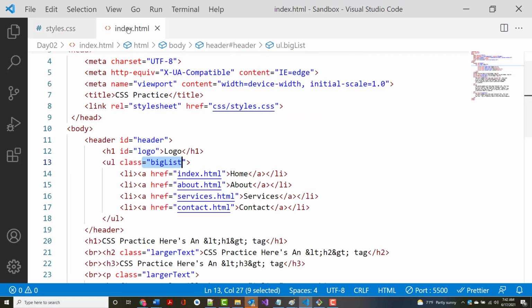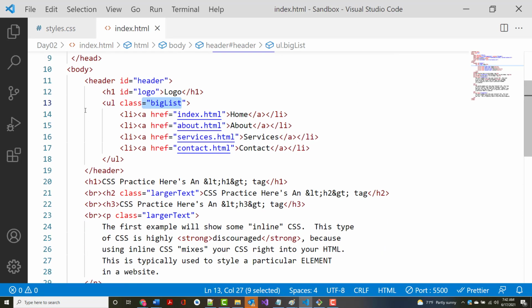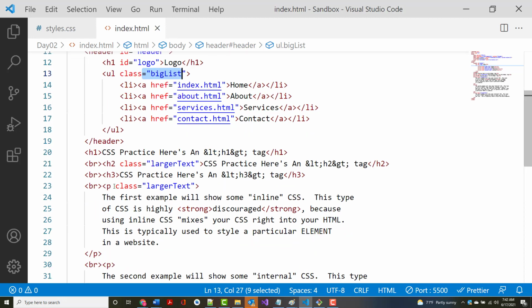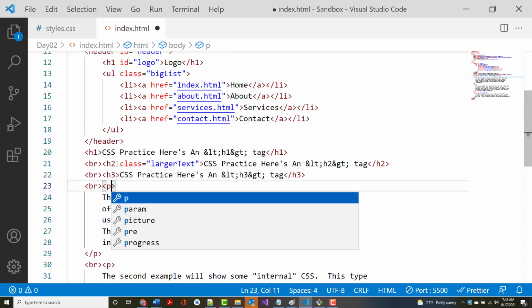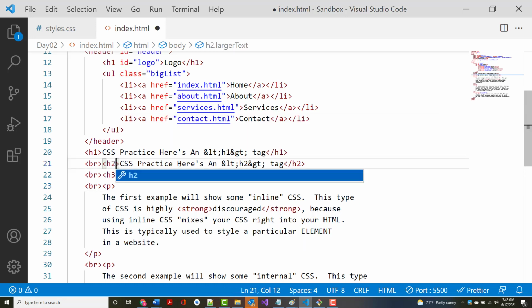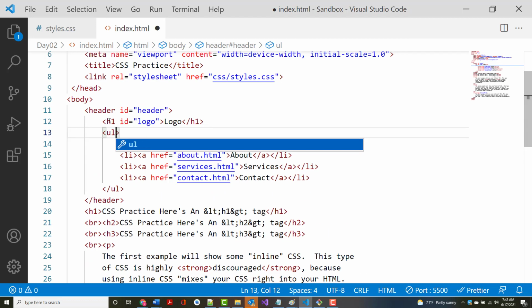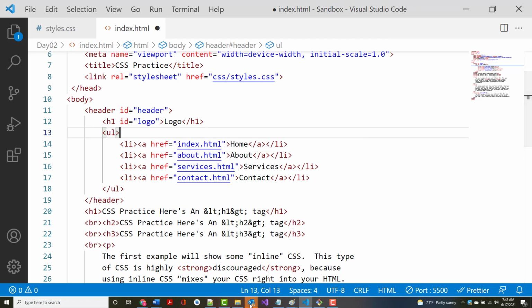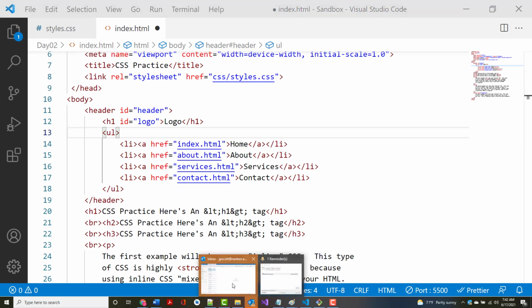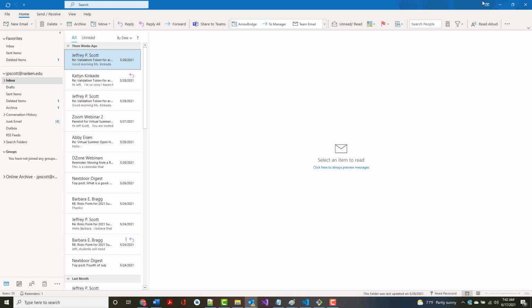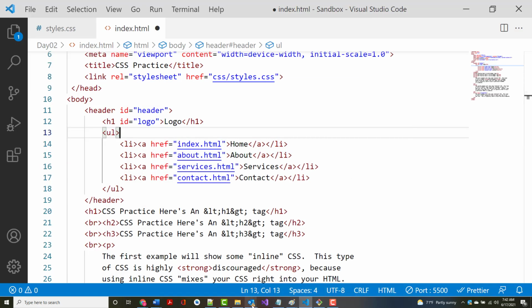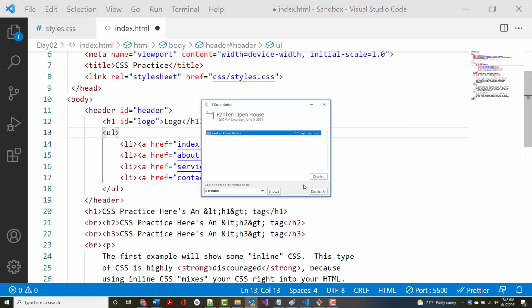One of the things that we talked about the other day too was coming in here and instead of setting all this stuff up like this, for instance, and I'm going to get rid of this class of larger text and this one. I'm just going to start removing the stuff that I've been putting in there in this big list. Okay, that kind of stuff. But what I want to get across to you is that at times, at least,